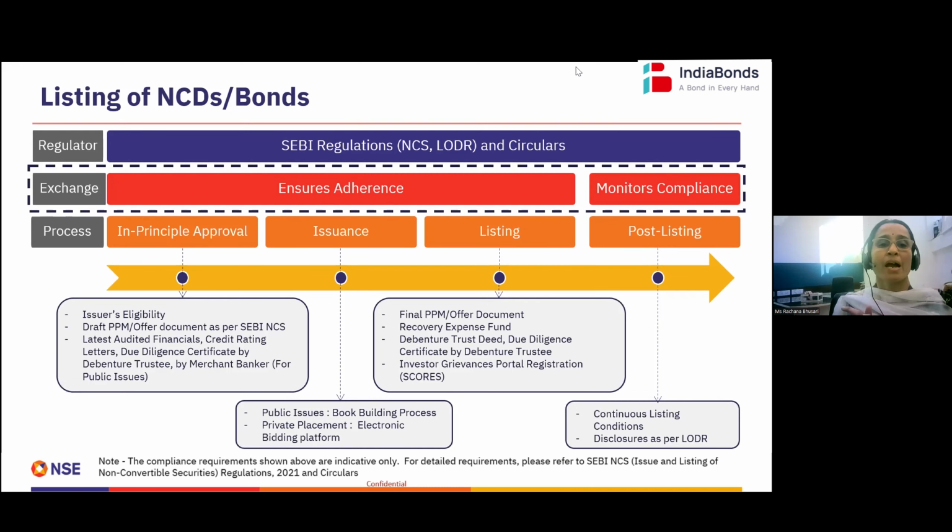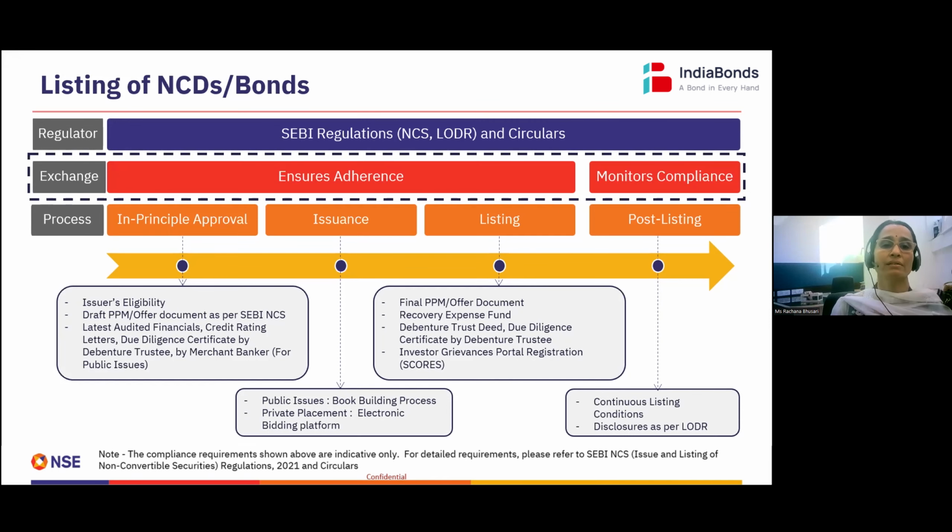And once the bond is listed, the other question that arises is, how do I monitor information? How do I see information about a listed bond? So again, there are continual disclosures which have to be made available. And based on that, the exchange will monitor the compliances. The investors will be aware of the information, and the exchange will monitor compliances. And in case of any breach of compliances, the exchange also will be imposing actions based on the standard operating process.